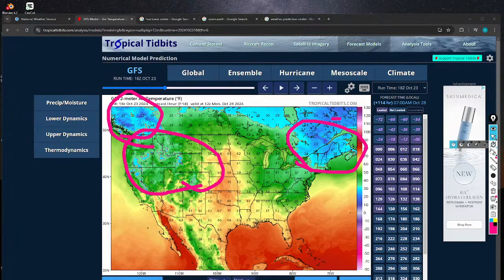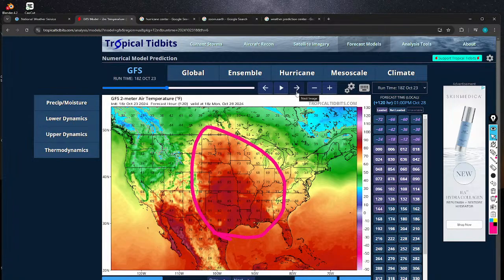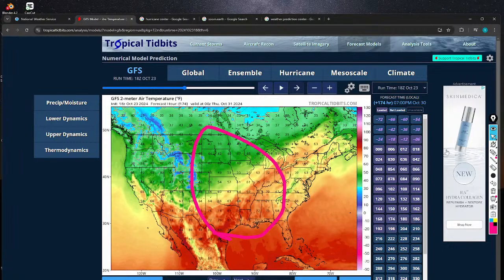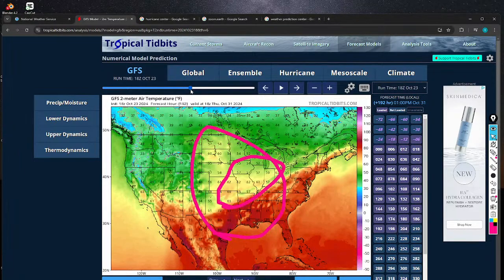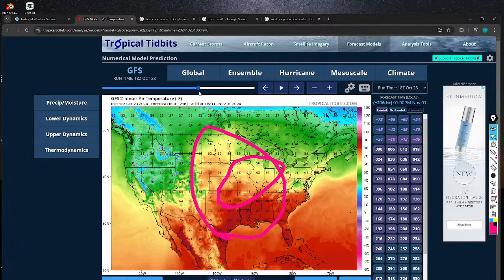We will be looking at Alaska in just a few minutes here. This is at 7 a.m. You can tell that the temperatures throughout here are a bit high, and it jumps up to the high 80s. While I play this model, you can actually see a cold front, which is right here. That's pushing through Oklahoma all the way up to pretty much the Ohio-ish area, mainly just Iowa and the Great Lakes. And you can see that it pushes pretty much past Oklahoma City, but that doesn't last very long.